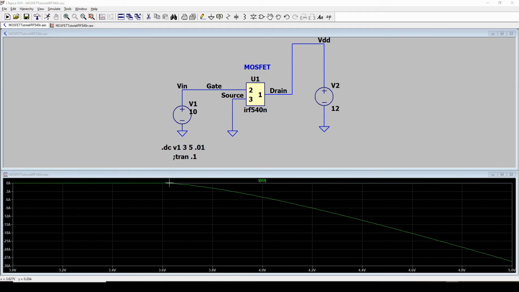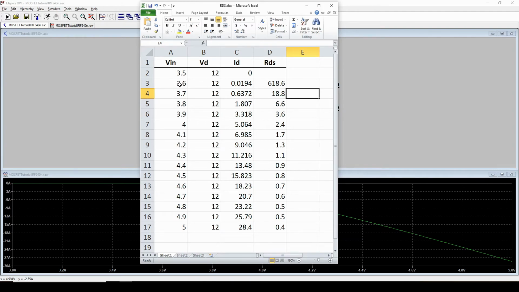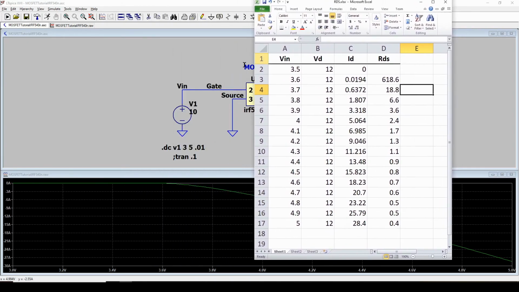So now we've got a good feeling for how this guy responds, and it's basically, I've got a constant voltage, it basically varies the resistance between drain and source and causes current to flow. So now the next thing I'm curious about, well, what does that result in terms of actual ohms between drain and source? All right. So what I've done is I simulated different voltages, and here's my V in, which is basically this gate voltage. I started from 3.5 volts, which is down here somewhere,